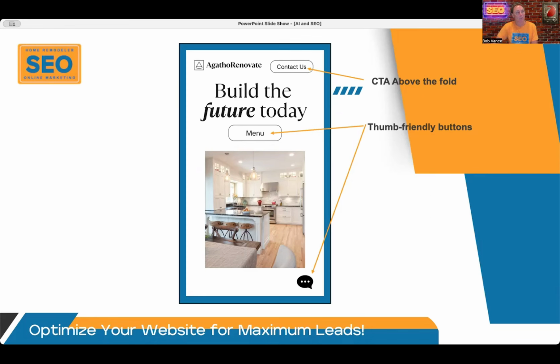And then, you've got other buttons, maybe a text button for chat, things like that. But you just want to make sure these are all buttons that are user friendly, that get them to where they want to go. They're not too small, so that people's fat thumbs can get on there and push that button without clicking the image or some other link that you didn't really want to go to. But it's really key to keep all that stuff above the fold.